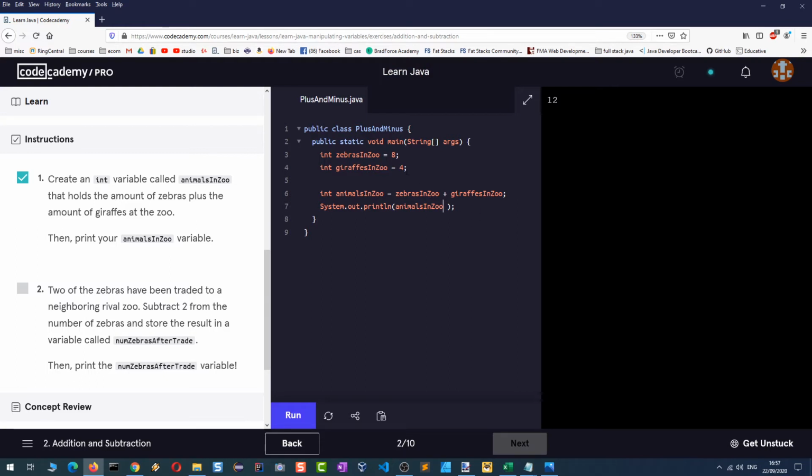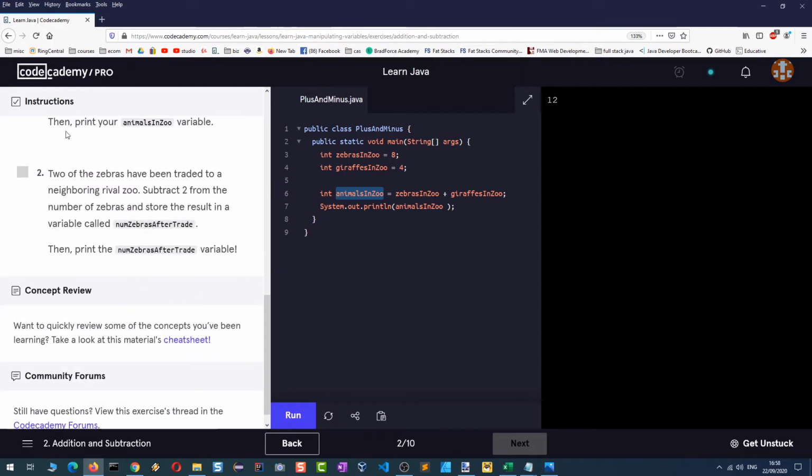So we have zebrasInZoo, which is 8, plus 4, which is this other one, giraffes. Then we assign this result to this variable, and then we print this variable, which is going to hold 12. If we go to the next instruction, it says two of the zebras